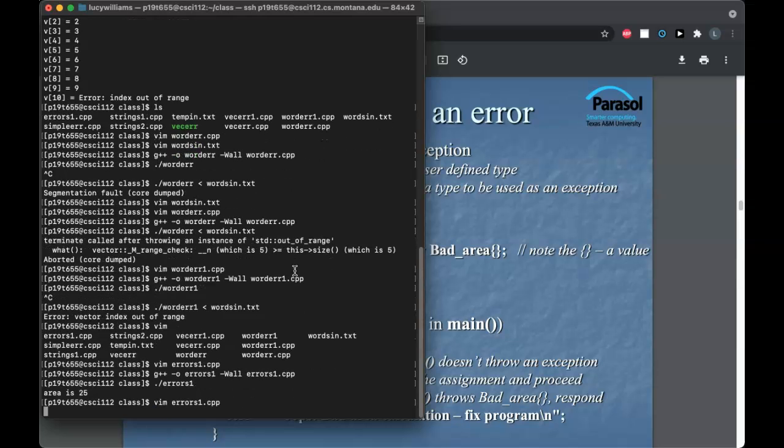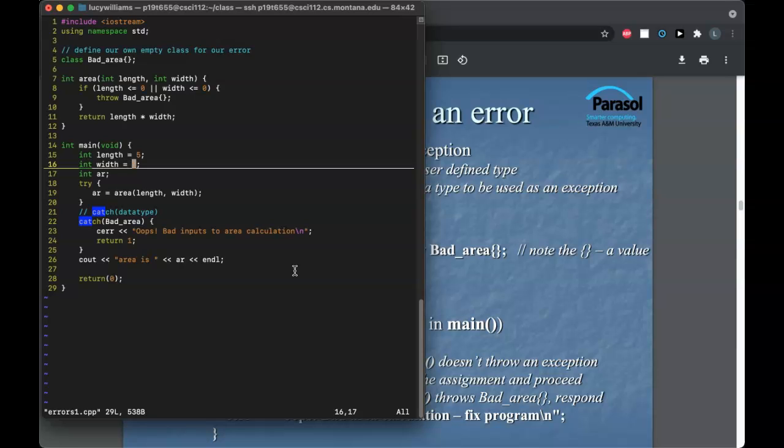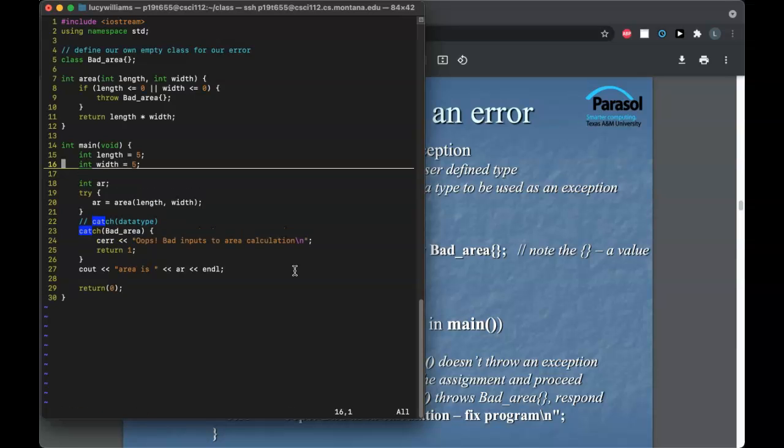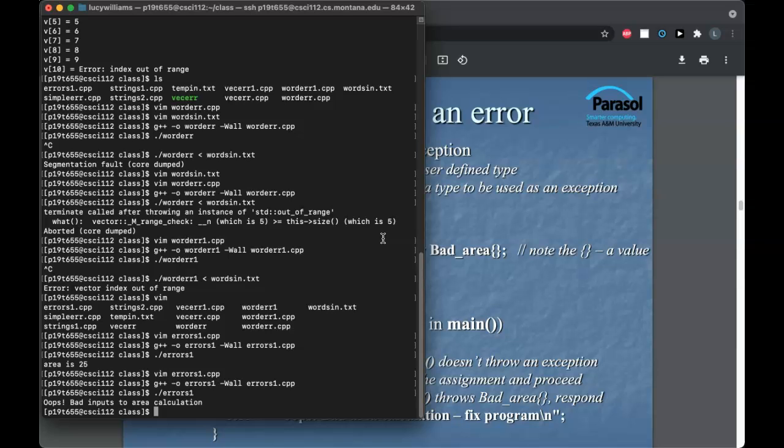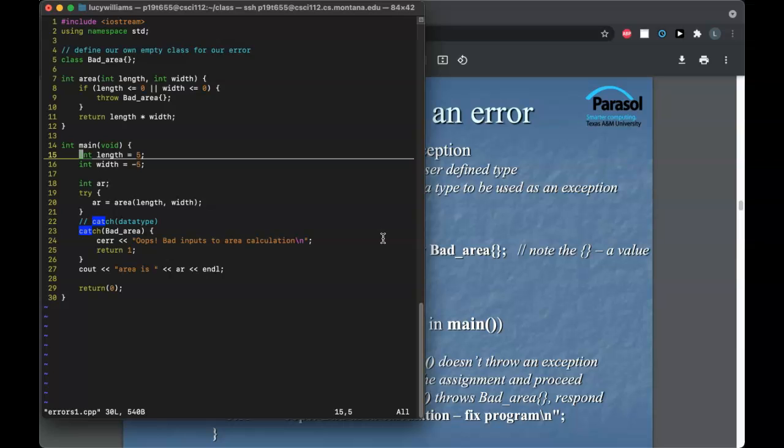So that went well, but now let's change this so that it is no longer a good input. It's negative. So up here, we should go into this if statement. So let's see what happens. And indeed we did. So one example